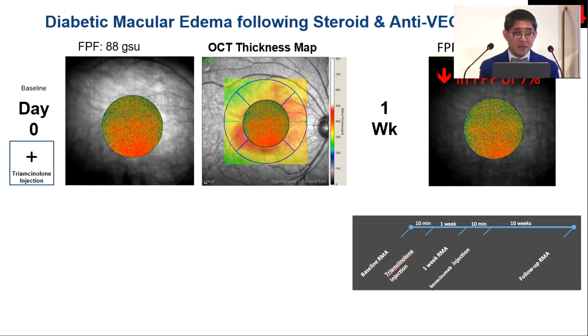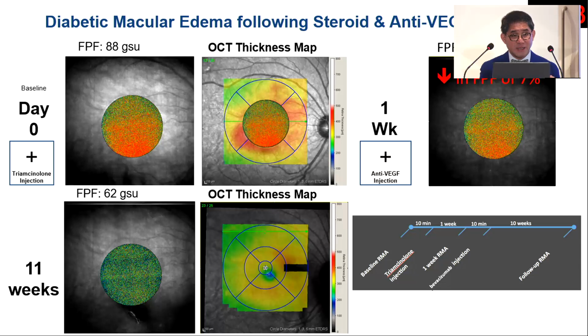At this moment, because different clinicians follow different patients differently, we decided to add anti-VEGF, any particular type that you like, and then you follow the patient for about 3 months. Here, you now can see that the FPF has reduced to about 24%. And so you say, so what? We can also see this in OCT as well. But here's the point.